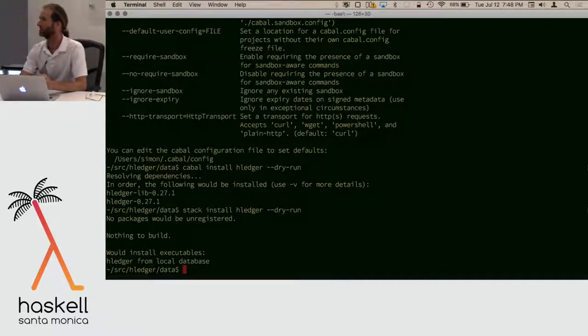I guess the main big advantage of Stack is that Cabal looks for an install plan on the fly every time you do an install. So it goes to Hackage and it looks for compatible versions of the thing you've asked for and everything it depends on. And because there's a lot of reuse in Haskell, that could be hundreds of other packages, and they all need to be compatible with each other. So each of them will specify a range of versions of its dependencies that it will accept. And Cabal is very good at finding those compatible install plans,